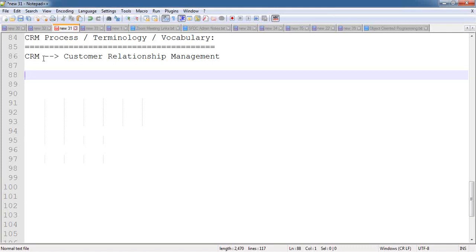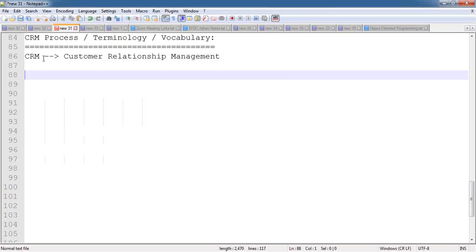Now, by using these CRM applications, we can track or maintain the history of all the customer details at one place. That means the whole history of a customer at one place we can maintain with the help of the CRM application. That means from capturing the customer, it may be since 5 years back or 10 years back, till now, what are the various interactions we had with the customer, how many times we have followed up with the customer, and what kind of products the customer has purchased,